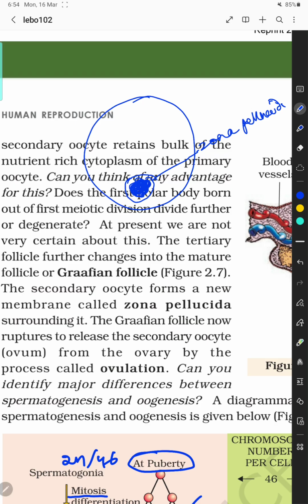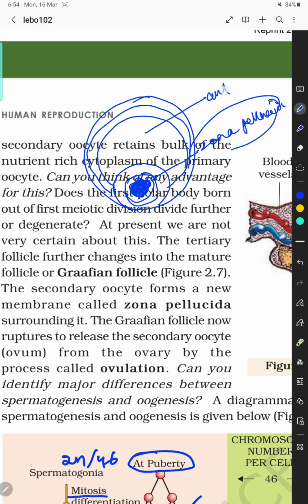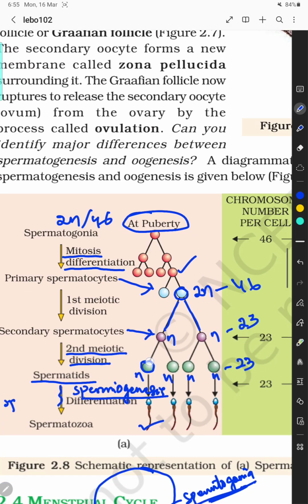जब रप्चर होता है, जोना पेलुसिडा के साथ आपका सेकेंडरी oocyte रिलीज होता है। इसके चारों तरफ और कुछ सेल्स होते हैं जिसको कहा जाता है कोरोना रेडिएटा। ठीक है। और इसका 2 थिक्का होते हैं, ठीक है, आउटर थिक्का और इनर थिक्का, और यहाँ पर एक कैविटी होता है जिसको कहा जाता है एंट्रम, फ्लूइड फील्ड कैविटी, that is called एंट्रम, ठीक है।